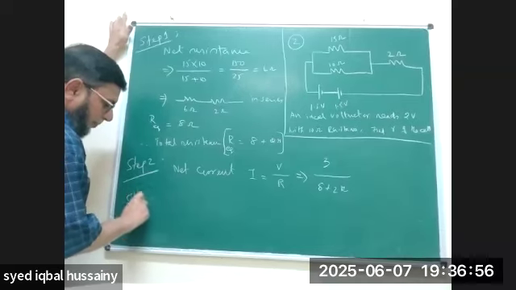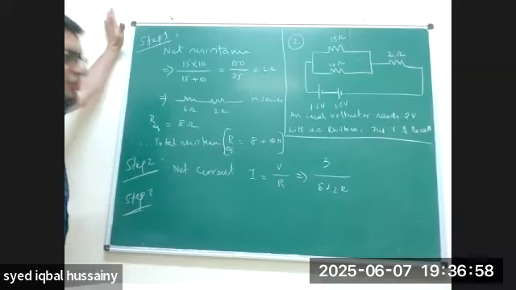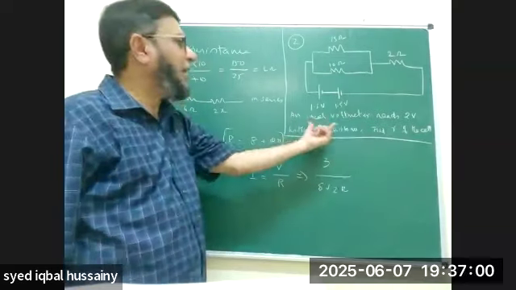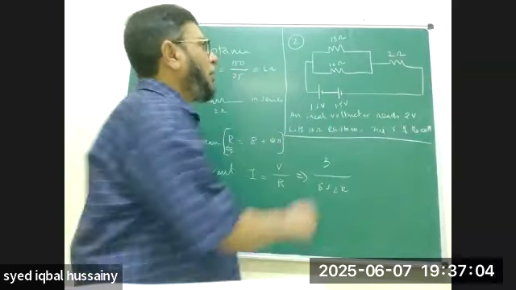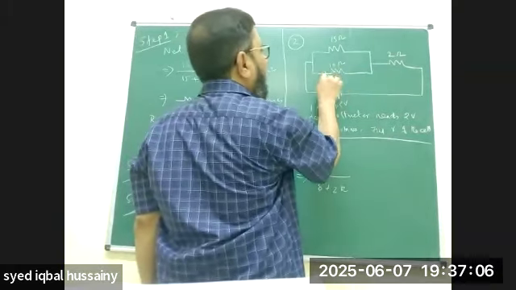Up to this is over. Now step 3. Step 3, what's the question? They are asking: an ideal voltmeter reads 2 volt with 10 ohm resistance. तो यहाँ पे मैंने एक वोल्टमीटर कनेक्ट किया तो